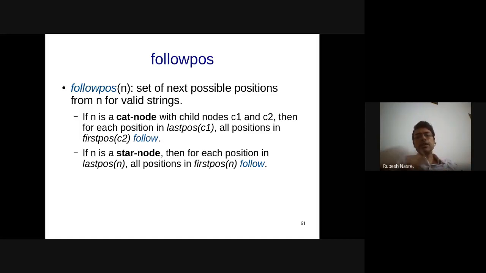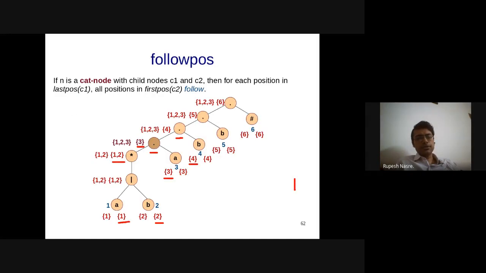So that will define a transition: if you have seen C1, then on this particular character I need to go to, let's say, C2, that is the position corresponding to C2's first node. Whereas if it is a star node, that is C star, so I am seeing the string C, then since it is C star, the next position is going to be the first position of C. So the follow pos is going to be decided by the first character's position for the last character. That is what is defined for the star nodes. So that defines our follow pos.